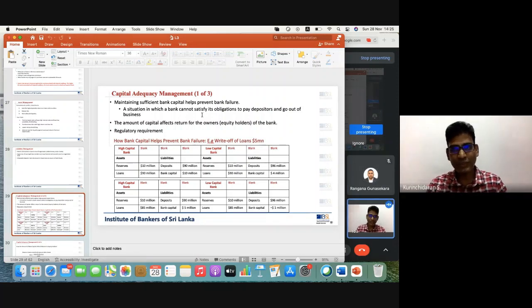Good. Two things in Sri Lanka. We are saying a minimum capital requirement. So the central bank says, okay, you should have, for example, 20 billion rupees as capital at your minimum, right? It's a minimum capital requirement. At the same time, the central bank also gives a certain percentage and says, this is the capital adequacy ratio you should maintain, right? So a bank should always have both the minimum capital requirement as well as the capital adequacy ratio.